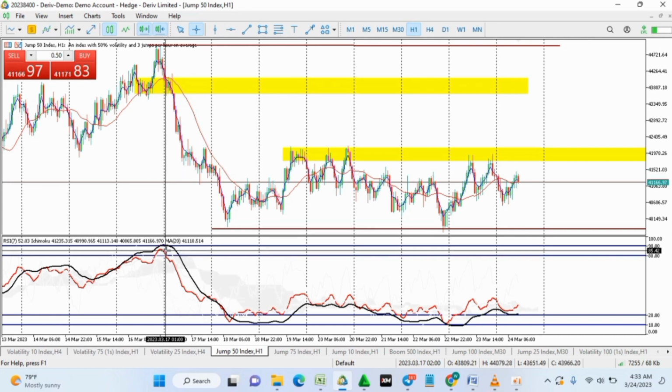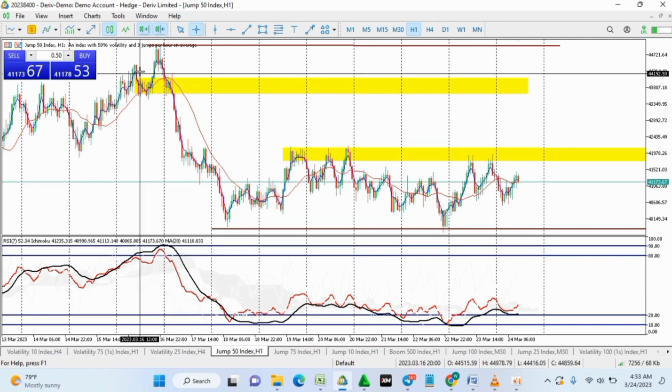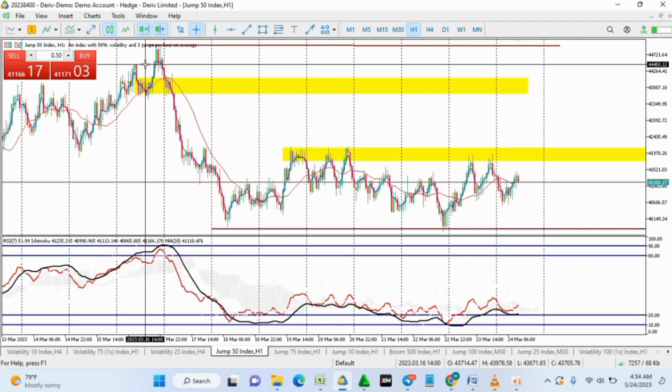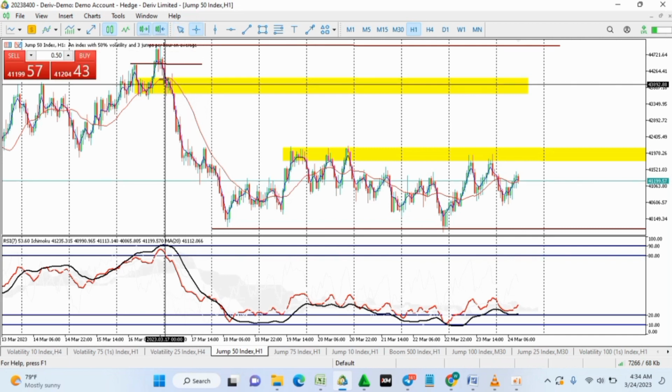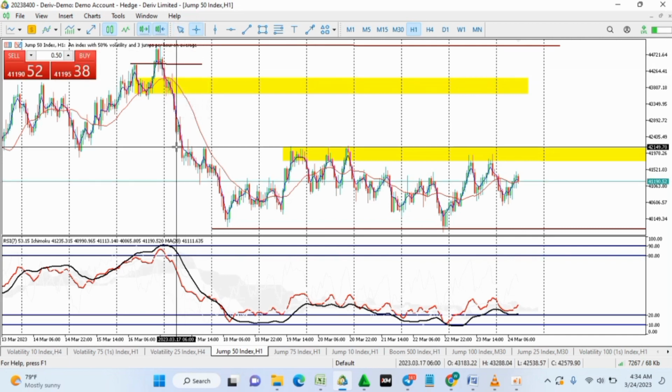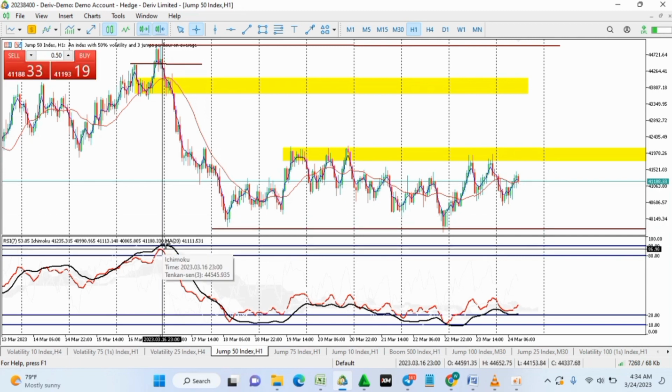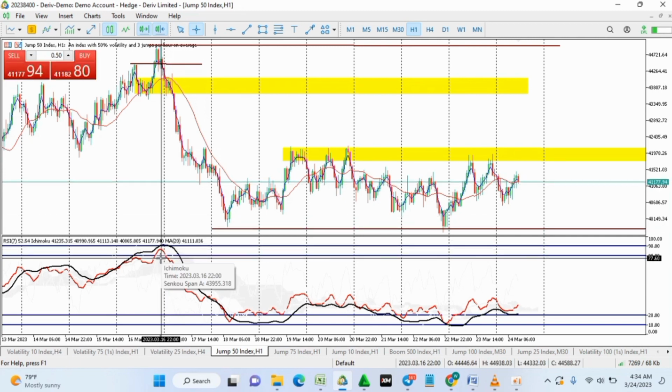Alright, so you can see here, price reached here, and there was a trap because this high was taken out. Let me show you what I mean. You can see this high was taken out and the price came back into the zone, so you could have sold after the candle closure here. All right, because you have the confluence of these two lines being in the level 80 and 90,